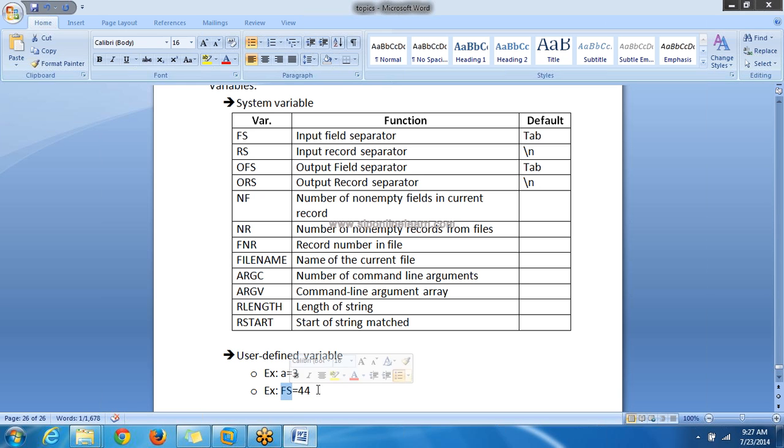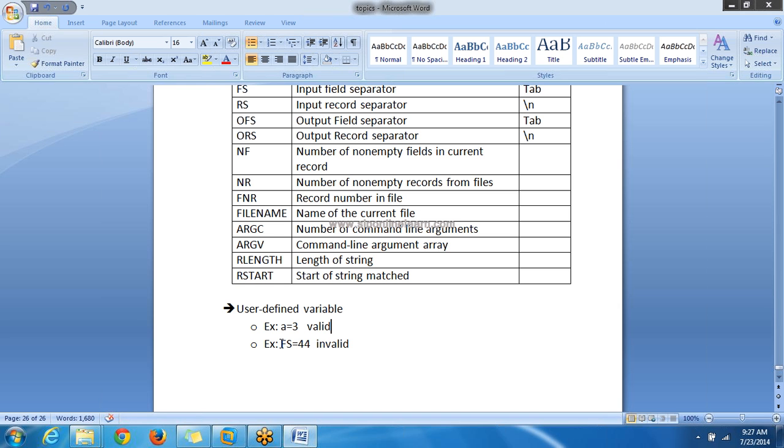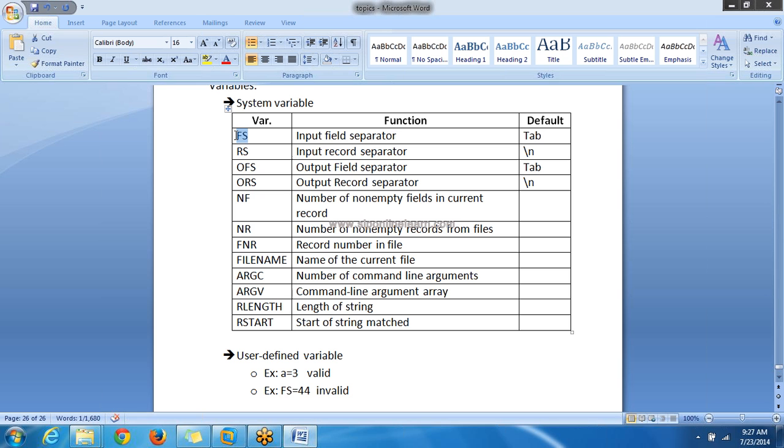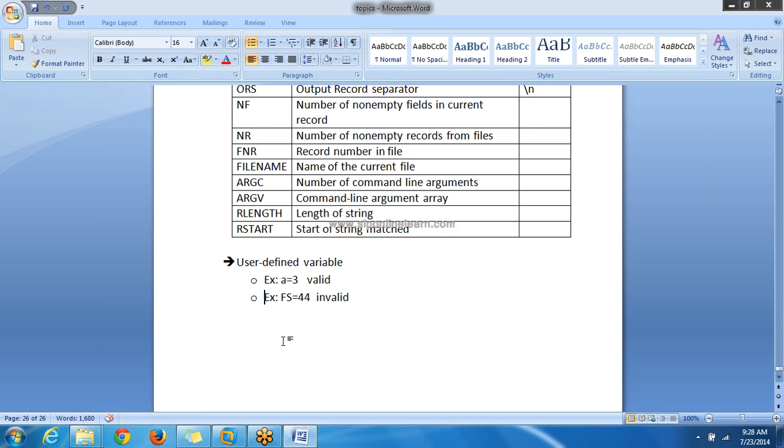The previous one is a valid variable. Why is this invalid? The reason is this variable name is a system variable. AWK reserves it for its own purpose, so you cannot use this variable for your purpose. Fine.